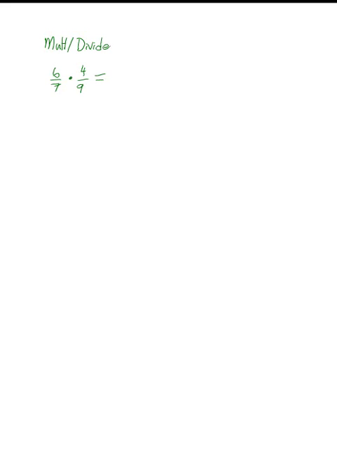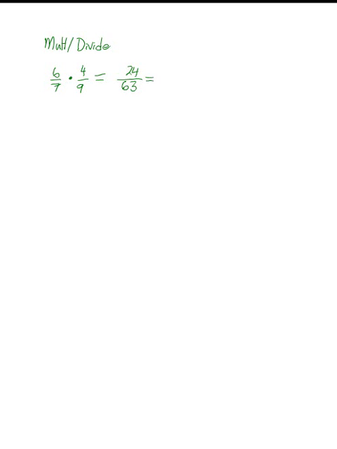There are two ways to do this problem, so I'm going to do it twice. To multiply, the rule is you simply multiply tops, multiply bottoms. So I could take 6 times 4, which is 24. And then I could take 7 times 9, that's 63. 24 over 63. That's a good answer, but not quite the answer I want, because the fraction can now be